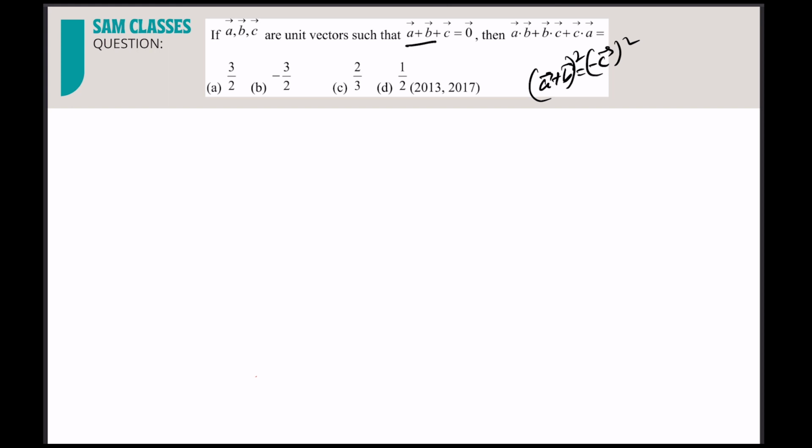Okay. So what do you get? You get mod of a square, that is 1, mod of b square, that is again 1, plus 2 of a vector dot b vector, and that is also equal to 1. So you see, the first part is only very important. A vector dot b vector, you got it as minus half. So if you do b dot c, if you do c dot a, you'll get minus half, minus half. So one negative value, if you add all three negative numbers, you'll get this. So you don't need to solve one. Even if you're solving, it will take less than 3 seconds.